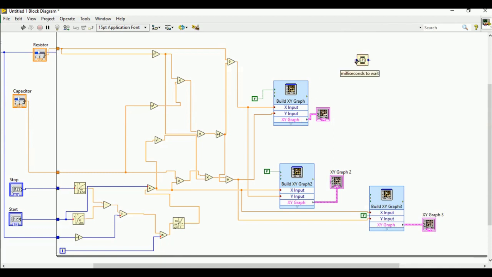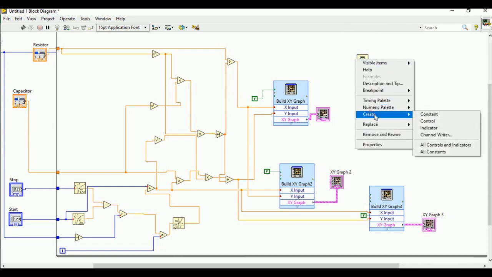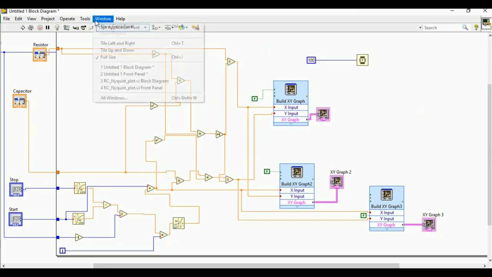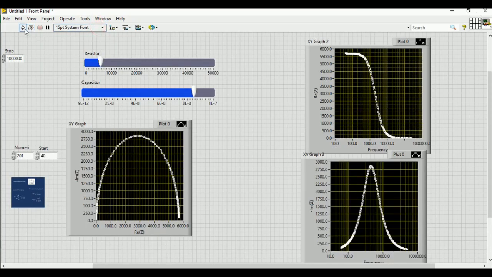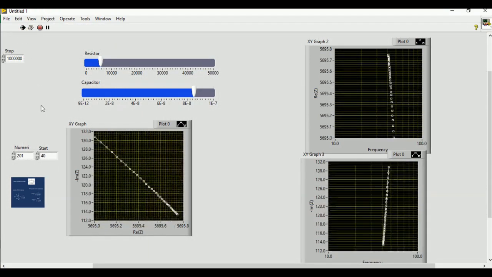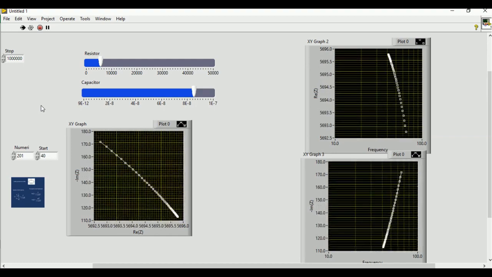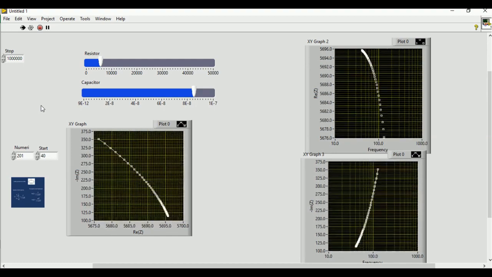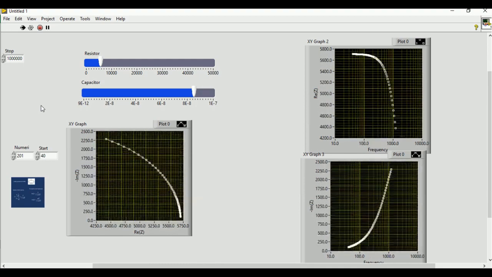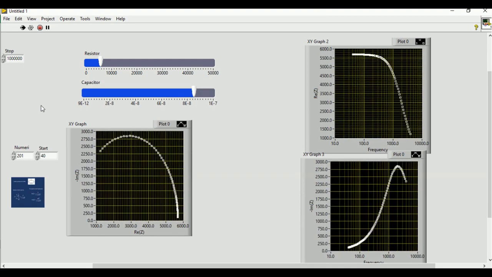So let's say its time constant, create a constant, this is 100 milliseconds. Okay, now if we run the program, let's see what will happen. Okay, now it's running, and let's see whether this semicircle feature is coming or not. Okay, oh, it's coming. Okay, good.